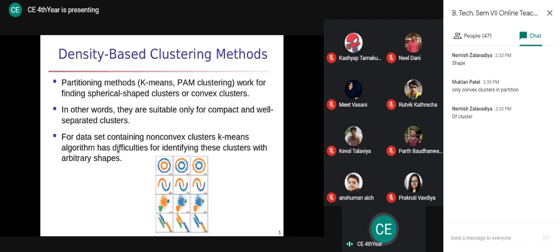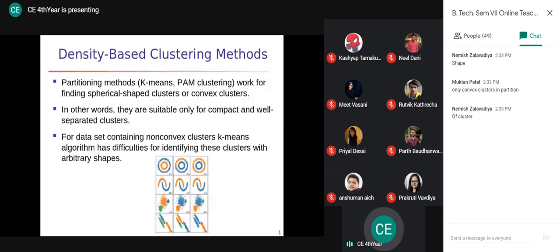But whenever this kind of shape is there, it is very difficult, or you can say almost impossible, to classify such a shape, or the non-convex function, whenever we are dealing with a partitioning based method like k-means or k-medoid,